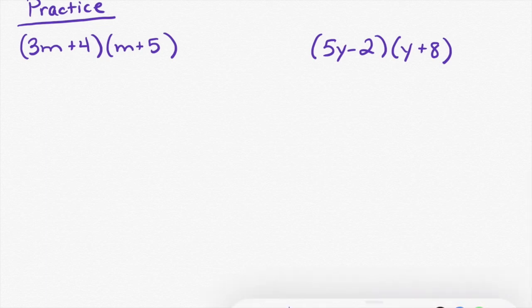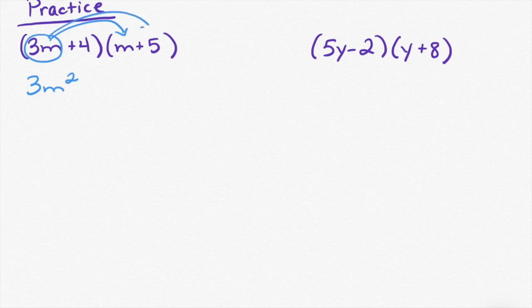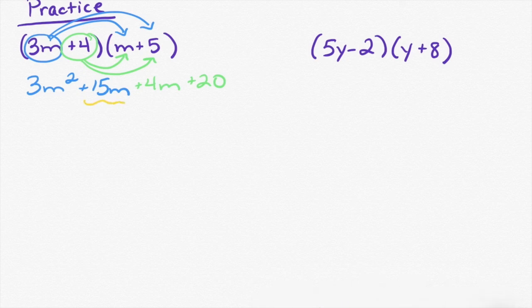So on the first one, I'm going to distribute the 3m. So I do 3m times m. And then I do 3m times 5, which would be 15m. Good. And then I will distribute the positive 4. So 4 times m, 4m. Good. And then 4 times 5 is 20. There we go. Is there anything in that problem that I can combine? Yes, the 15m plus 4m, which would be 19m, which would be 3m squared plus 19m plus